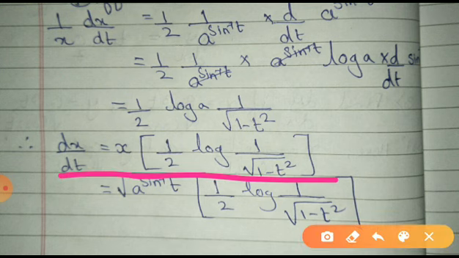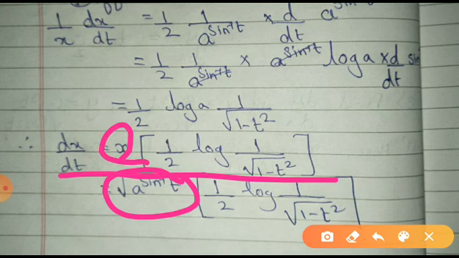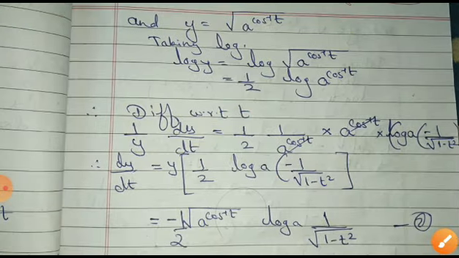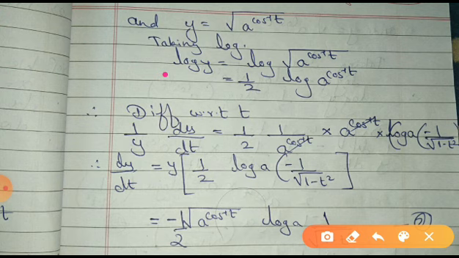I have just taken that x to the right hand side. Now instead of substituting the value, you can keep x as it is, because if you have seen the question, we have to write in terms of y and x. If you are not substituting the value of x, then also no problem. Similarly, find your dy by dt. I have simplified here and found dy by dt.